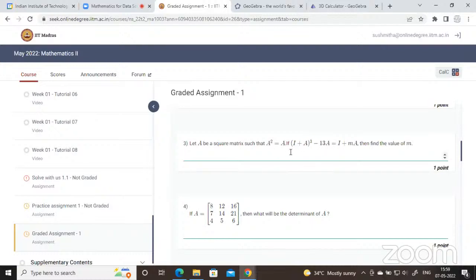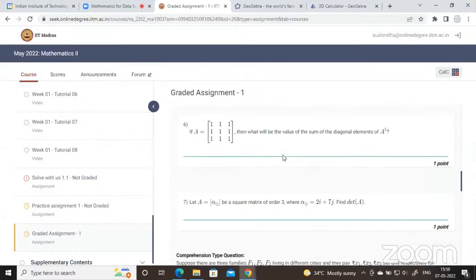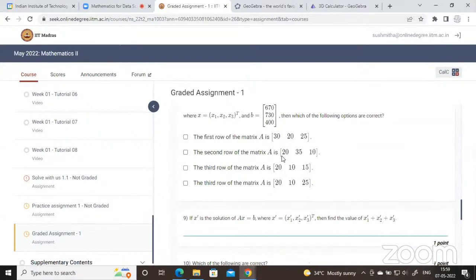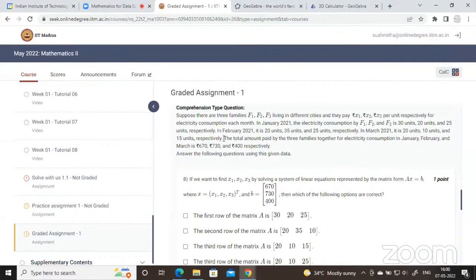I mean question number 9, ma'am, there is a symbol x raised to the power bar. Ma'am, what does that mean actually? In which question? Below this, yes, ma'am. If x raised to the power bar, then what does it mean? No, it's just x prime. Instead of x prime, take y. That's all. It's not anything related to x. X prime is another solution. It is the solution of the above linear equation. It is already Ax is equal to b.